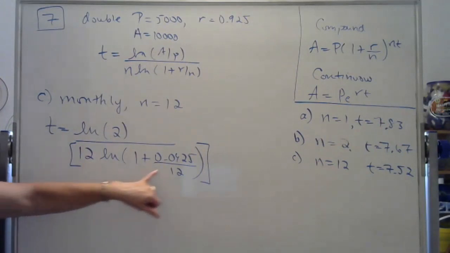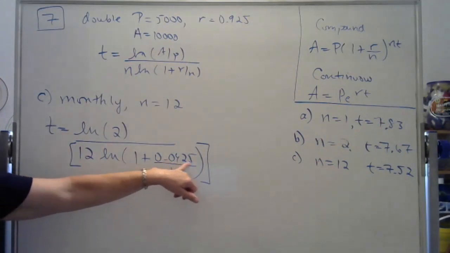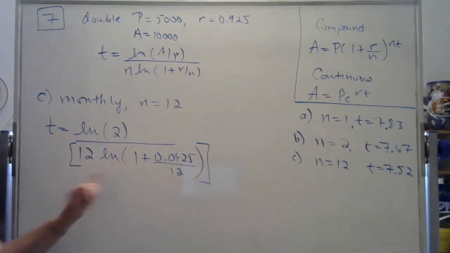Double check to make sure you've got the right number of decimals in that 0.0925 and that you've got 12 in both places. When I first typed it in, I dropped one of these ones and just put in 2, and I got 45 years. So just one missed number makes a big difference. Okay, part D on that problem